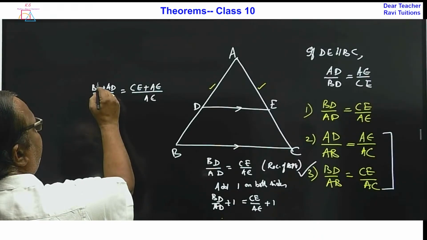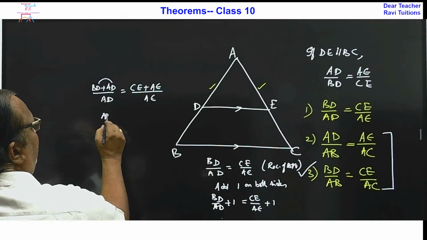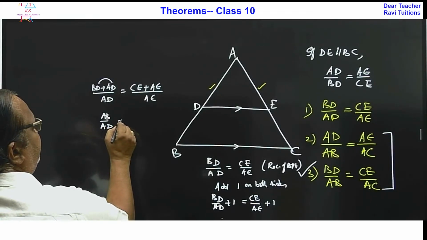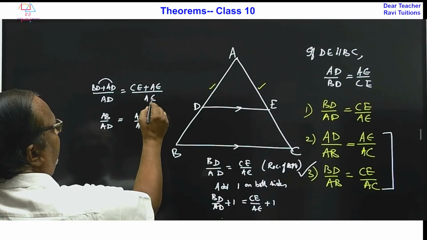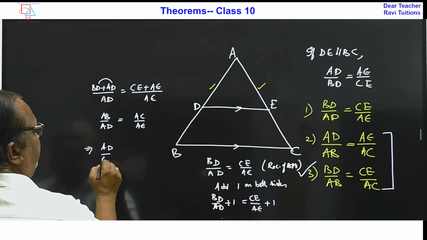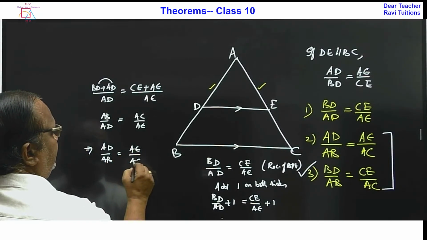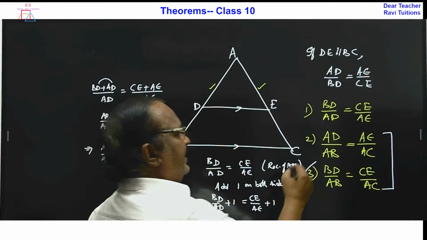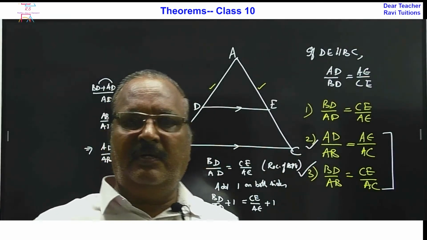So BD plus AD is nothing but AB by AD is equal to AC by AE. That implies AD by AB is equal to AE by AC. So this is the second one. Both are coming from